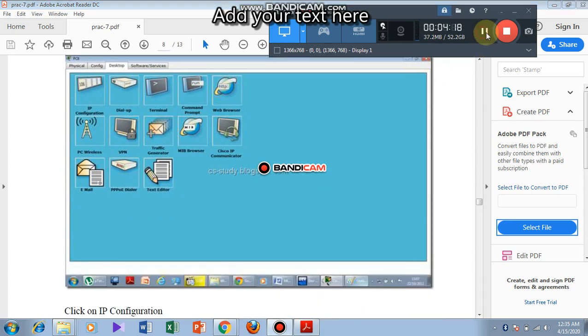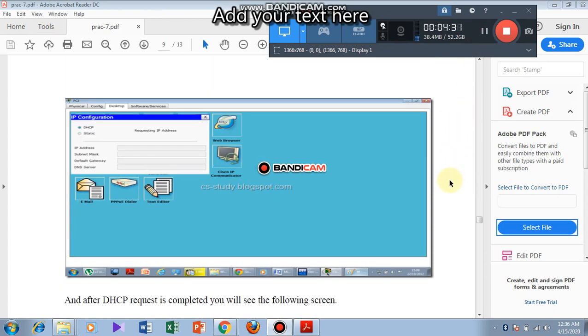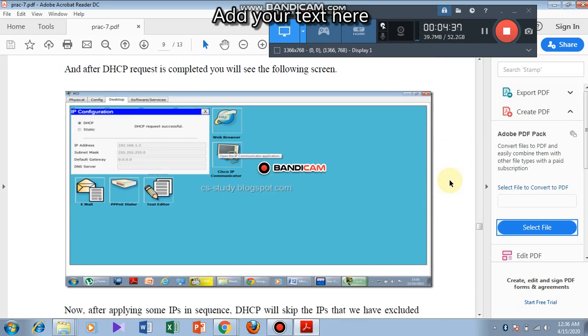In the desktop we have to click on IP configuration. Then we have to select static. After the DHCP request is completed, you will see the following screen like this.